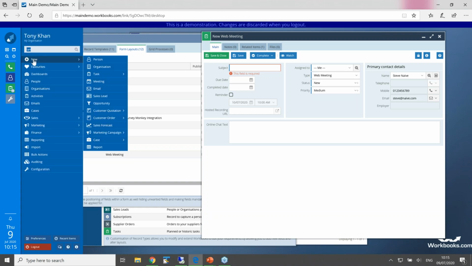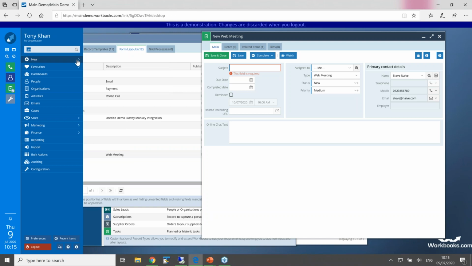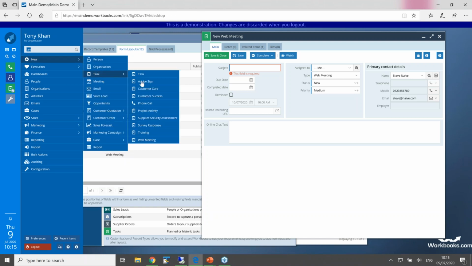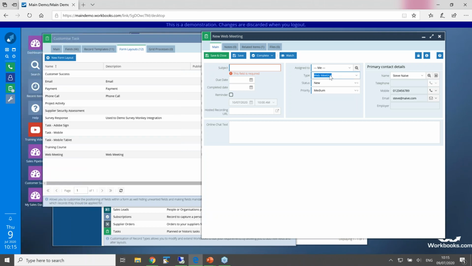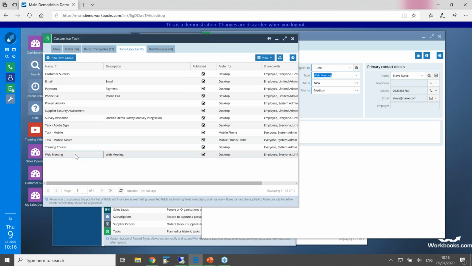So if I go to Start, New, Task and Web Meeting, this is called a template, a record template. And what that actually does is open up the record, but also just pre-fill a type field. Now that type field, if I go and open the layout, this one here called web meeting, which includes those fields,